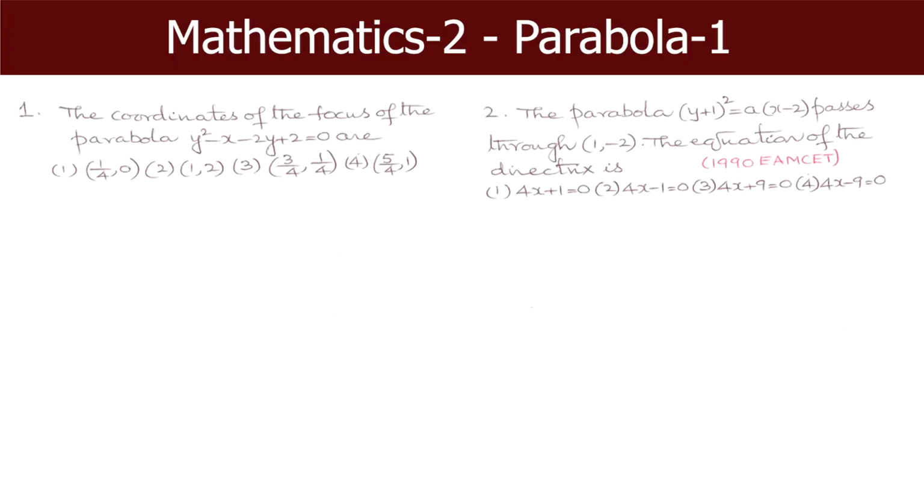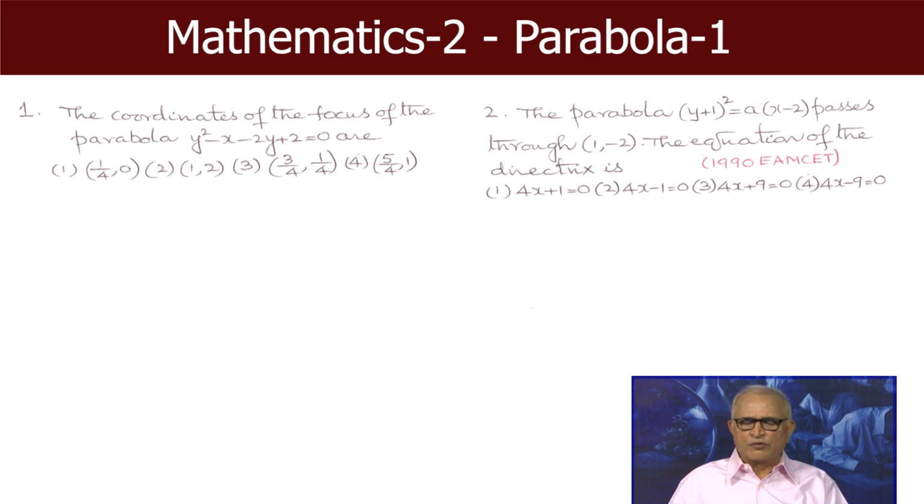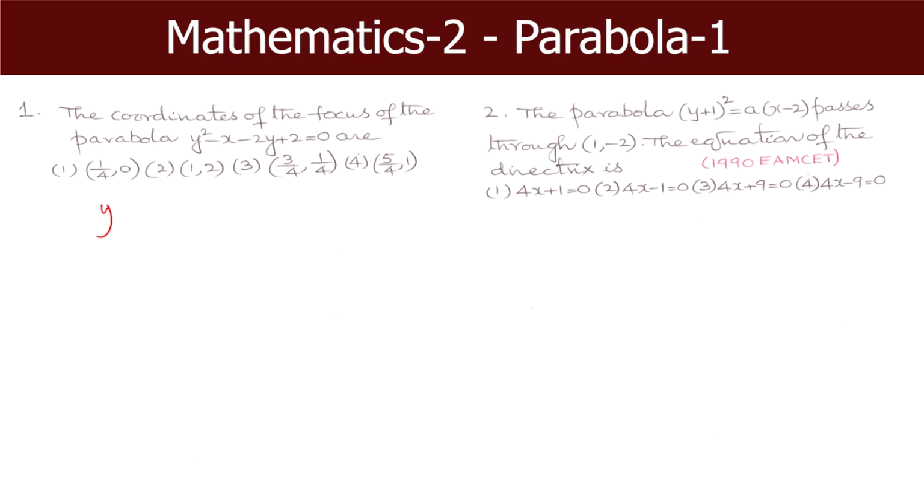Question number 1. The coordinates of the focus of the parabola y² minus x minus 2y plus 2 equal to 0. Because we know the information about a parabola when the equation is in the standard form, it is obligatory on the part of the student to reduce the equation to the standard form by translation of axis. There is no need for rotation of axis. y² minus 2y plus 2 equal to 0. That is same as y, well, y minus 1 whole square,